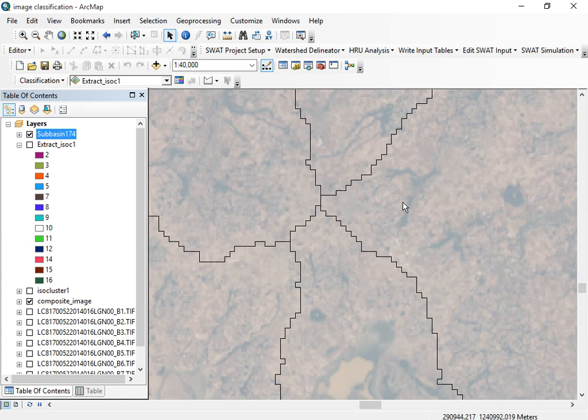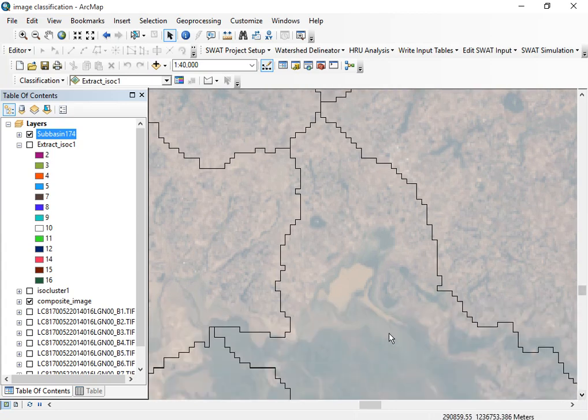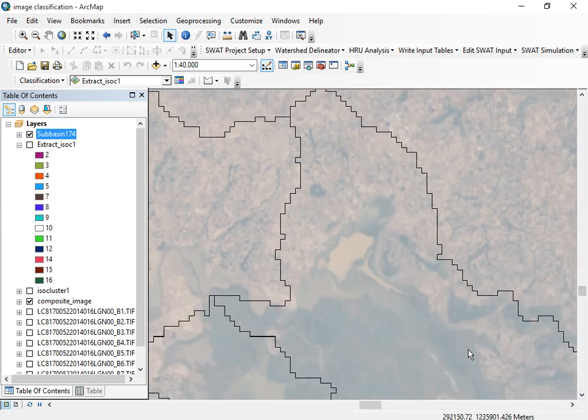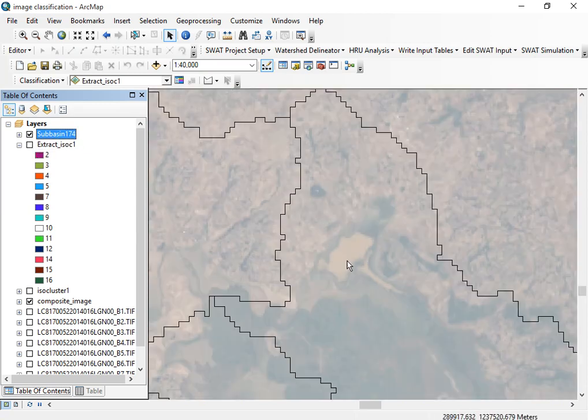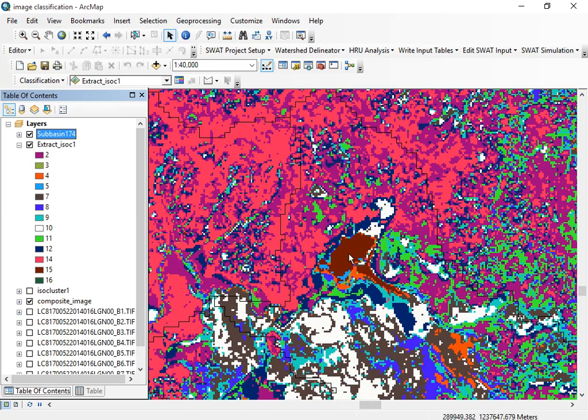For instance, let me see, the unsupervised image classification categorizes our image raster, the cells of our image. Okay, so this area, as you have seen here, is combined. This one is a combined image, this one is a water body, and here on the extracted image, this red color means this one. This is 15, yeah, 15. Here, if you see the information here,